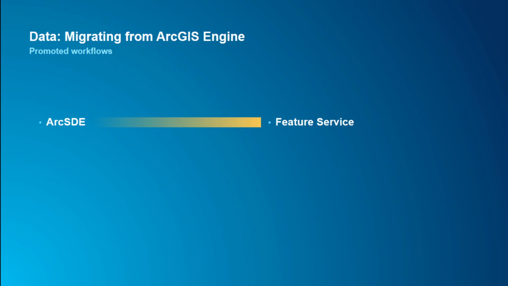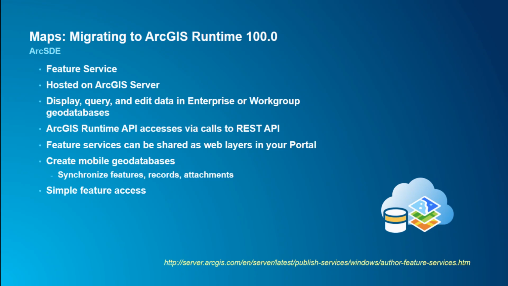So we talked about some of those local data formats. What about ArcSDE? ArcGIS Engine had the ability to connect directly to ArcSDE and reference feature classes inside there. The promoted equivalent workflow is a feature service. Feature services are hosted on ArcGIS Server. They allow you to display, query, and edit data in an enterprise or a workgroup geodatabase. The ArcGIS Runtime API accesses that feature service via a REST API, so it's making calls to the REST API